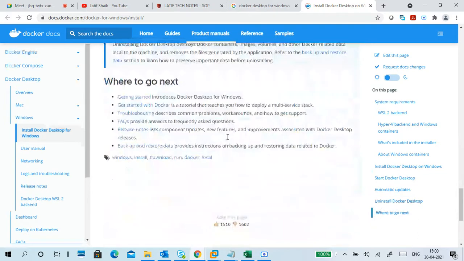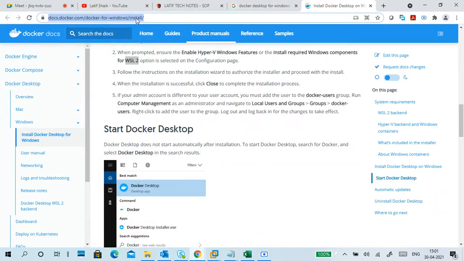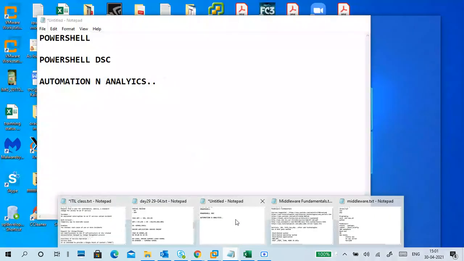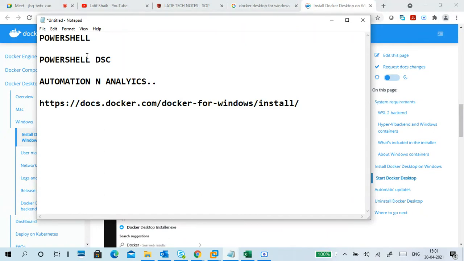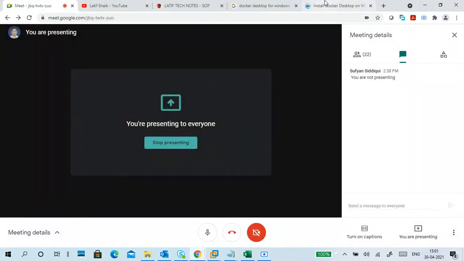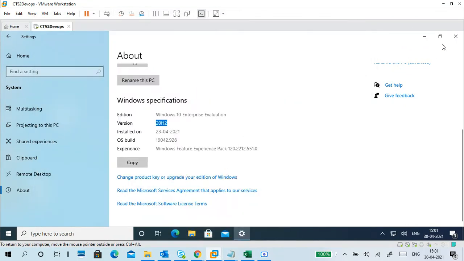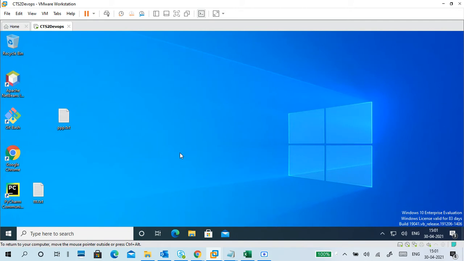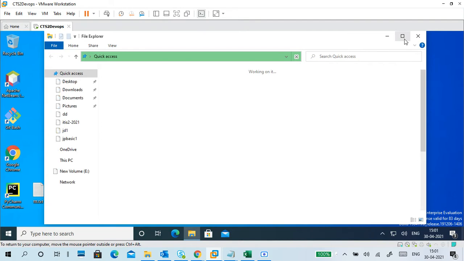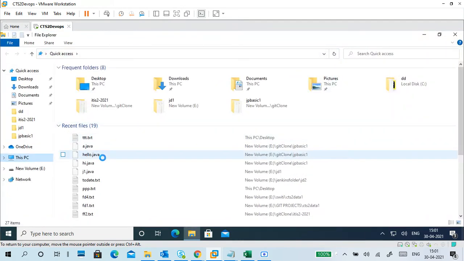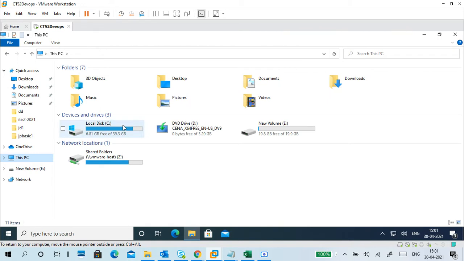So this is the place. It is giving all the information on how to download and install. Now this is the build version. Any settings you want to do, you can do. But now I am going to install it. It is occupying more space. My C drive doesn't have much space. If you want to adjust or add new disk space to it, you can add it also. Currently the space is okay.